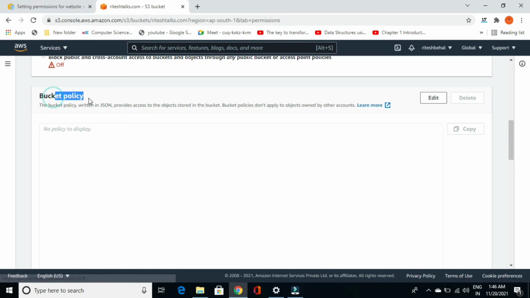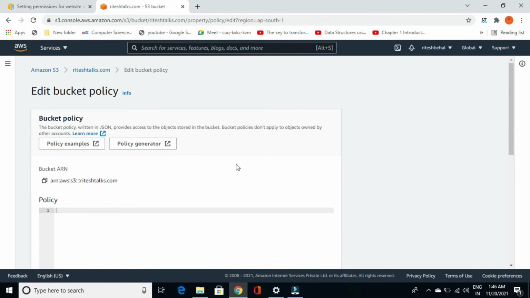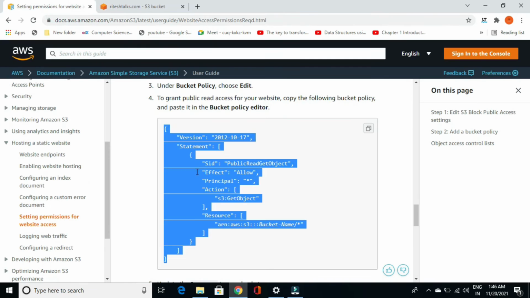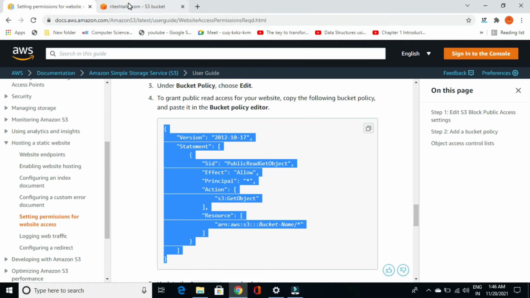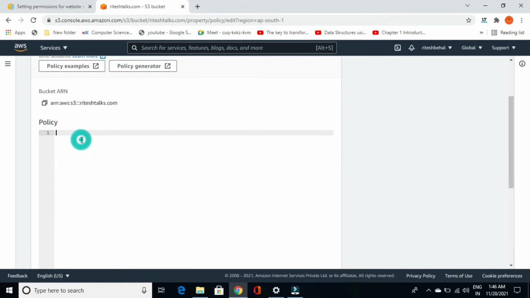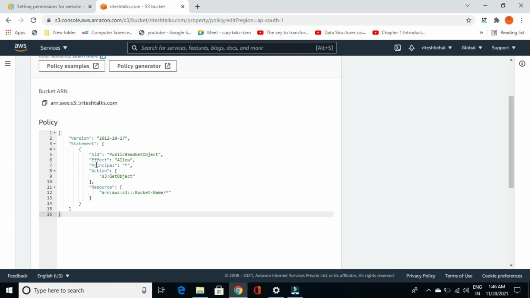Basically what we are doing is giving access, because by default access is stopped. We are copying this code script. This is a JSON script and we are keeping it in the policy. So what does that mean? You are giving a public read, get object.